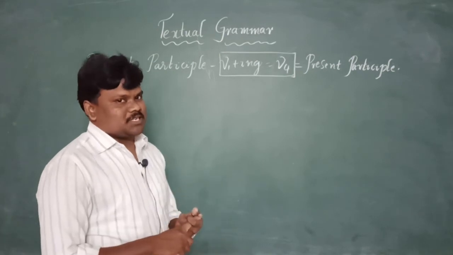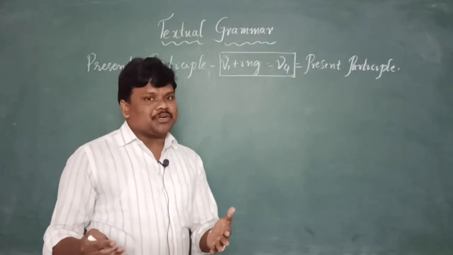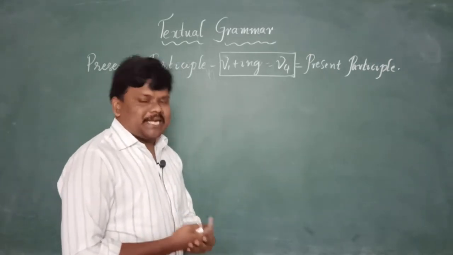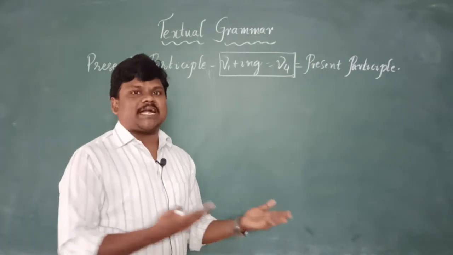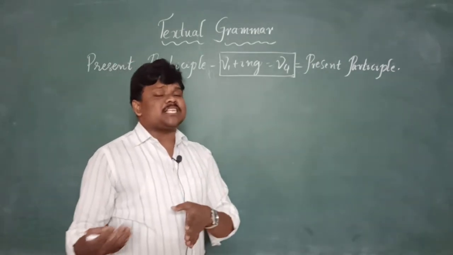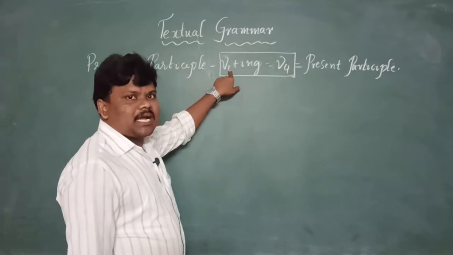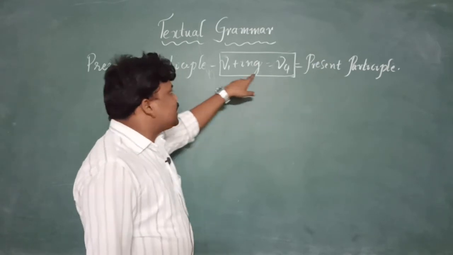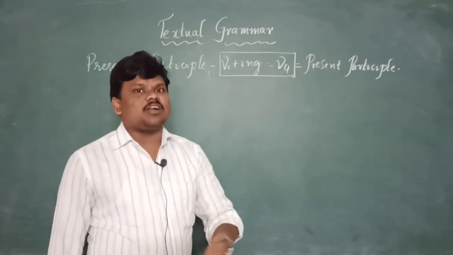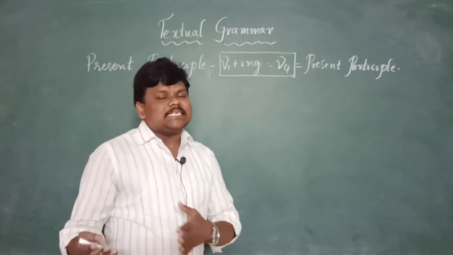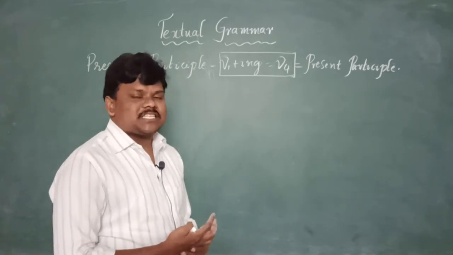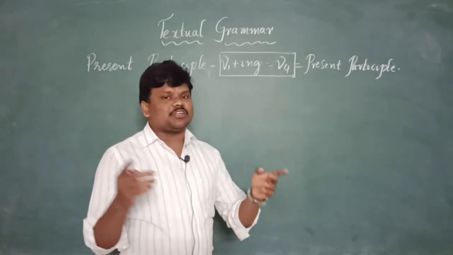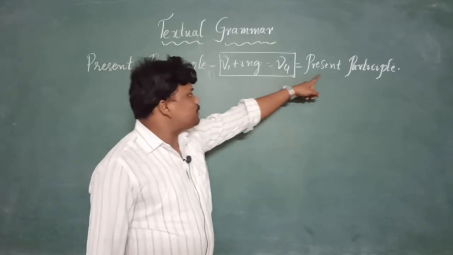Dear students, in my last class, I taught you how to combine two sentences with participles. I gave the introduction, and I also explained the difference between participle and gerund. What is a participle? If a verb is in the form of V4, it is called a present participle. If the ing has an action, it is called a participle; if the same ing doesn't have any action, it is called a gerund. I explained many examples of how to combine two sentences with present participle.